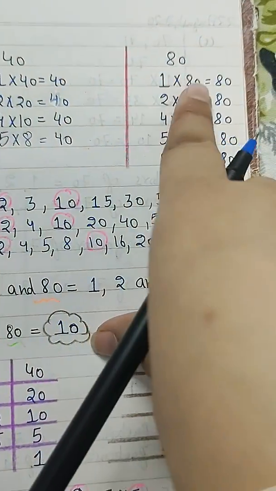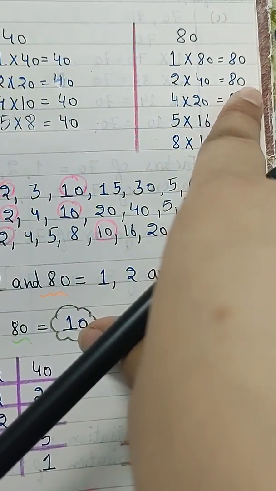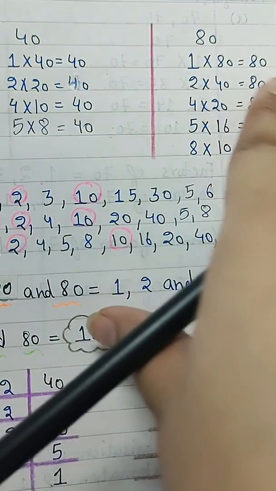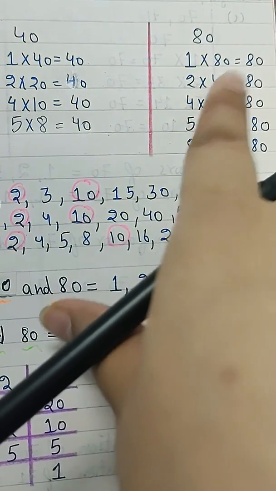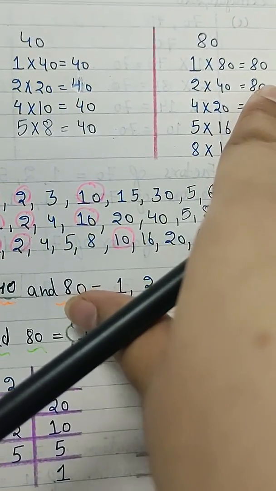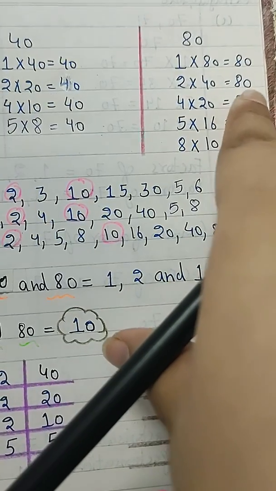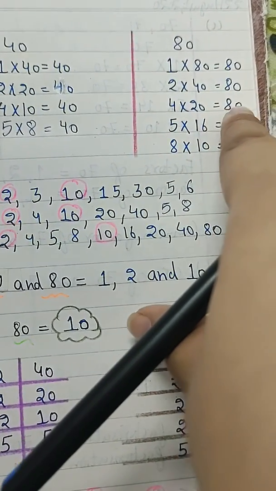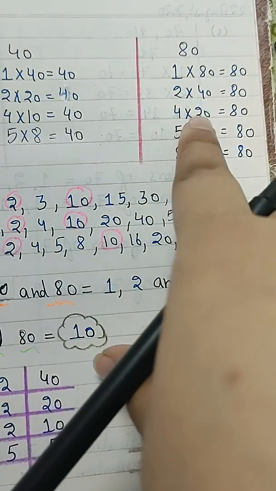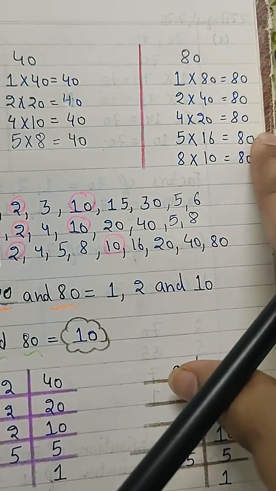Now here 1 into 80 is equal to 80. As it has 0 at the last, it will be divisible by 2. Now, if it is divisible by 2, 8 comes in the table of 2 at 4, and this 0 we write as it is. 3 does not, 8 plus 0 is 8, so it will not be divisible by 3. Now 80 is divisible by 4, so it will multiply by 20. 4 multiplied by 20 is equal to 80. 5 multiplied by 16 is equal to 80.